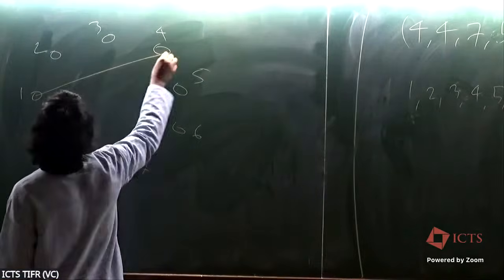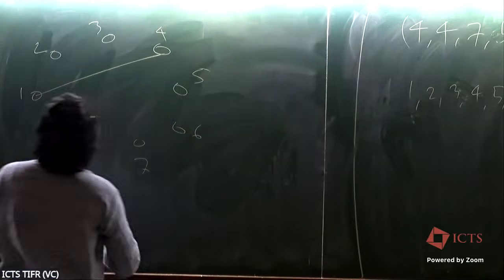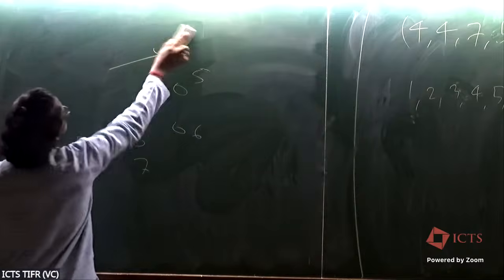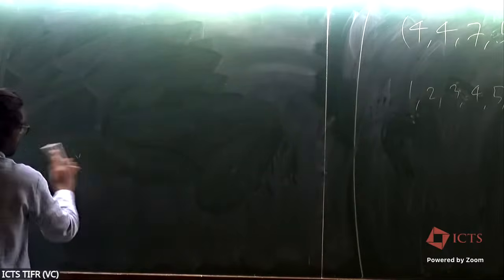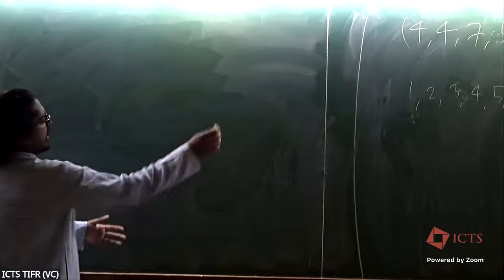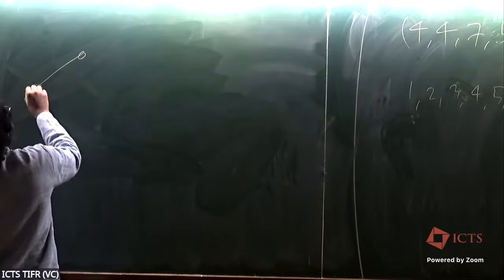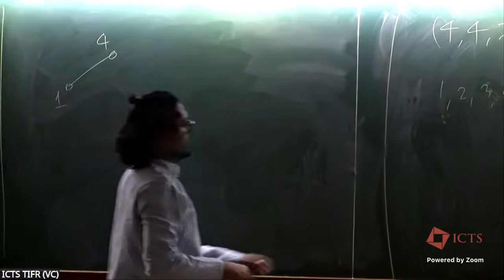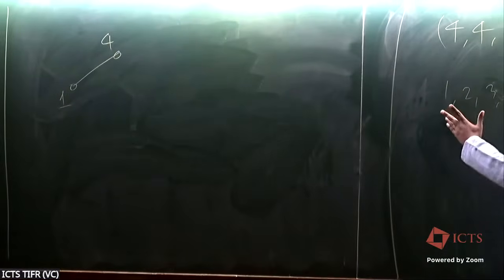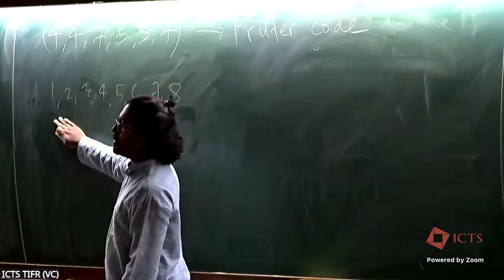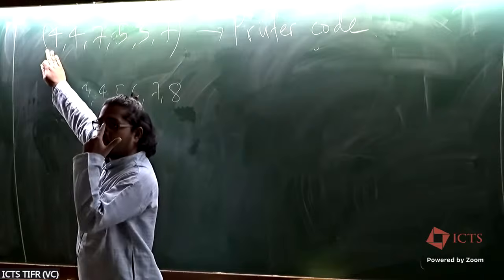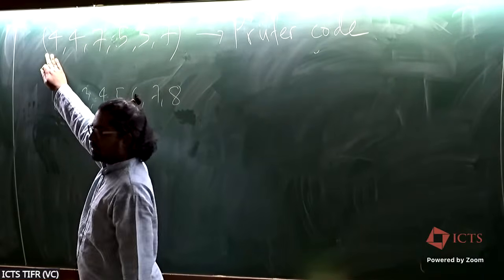In fact, maybe this diagram is probably a bad idea. Let me just build it step by step over here. I'm sorry about that. So I have 1 to 8, right? So far I've decided 1 to 4 is going to be an edge. So I picked the smallest unused label and joined it to the first element in my sequence. All right.